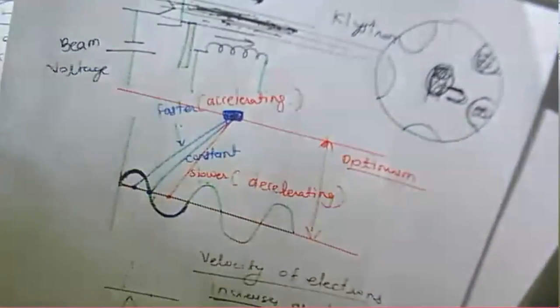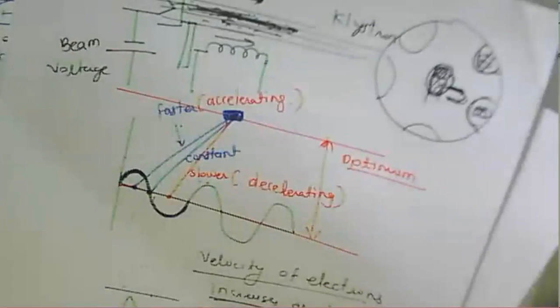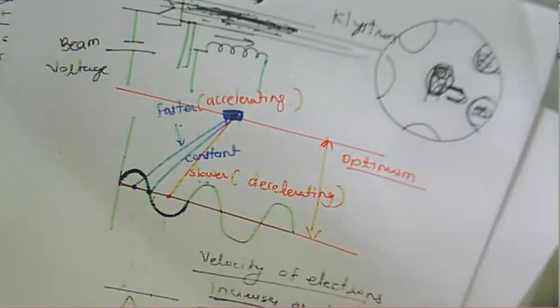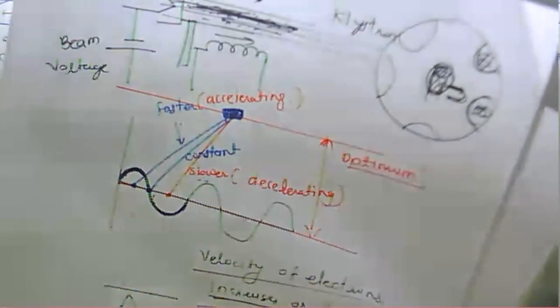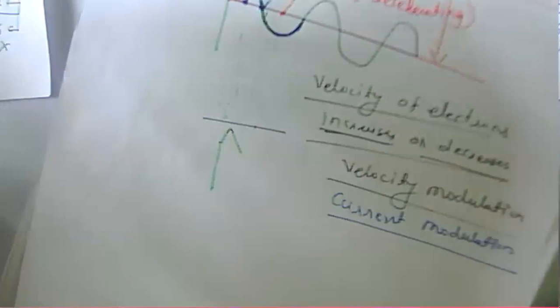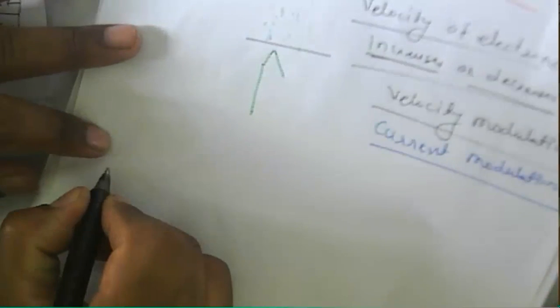Now we just go ahead. This one is about your klystron, and we will see what the components are in the particular klystron there. So we'll continue, and this is about your two cavity klystron. We'll start here with a two cavity klystron. In a two cavity klystron, what happens?